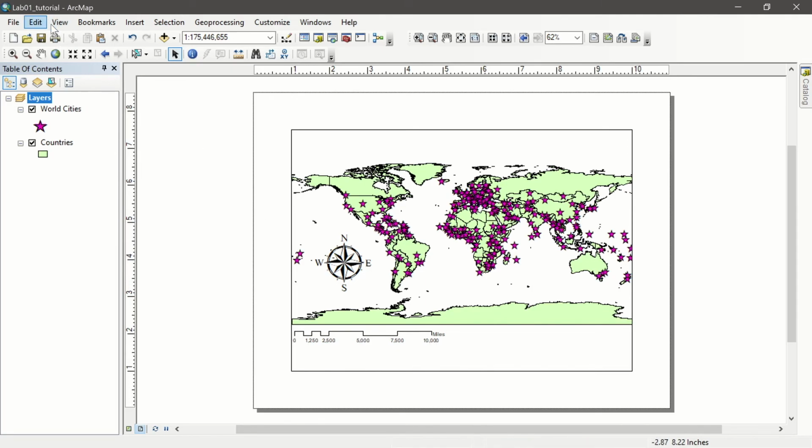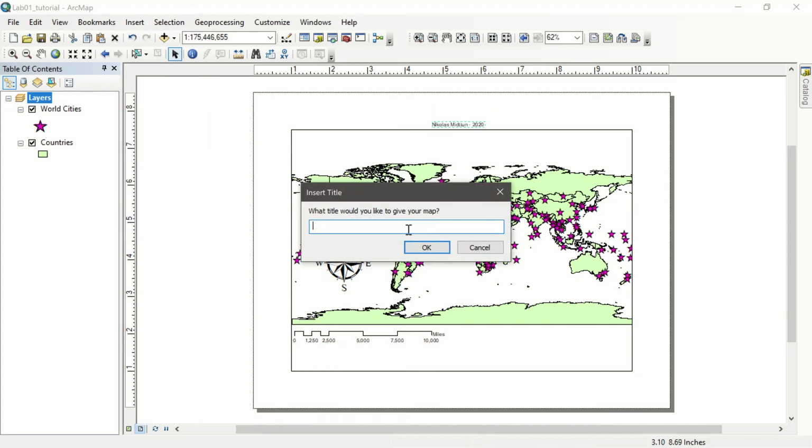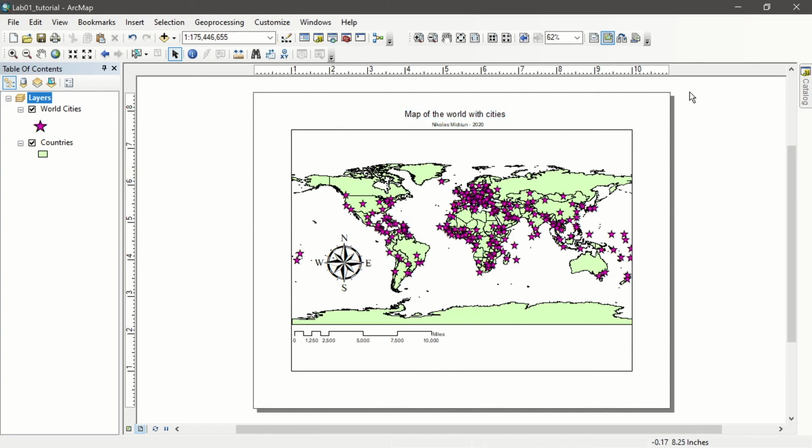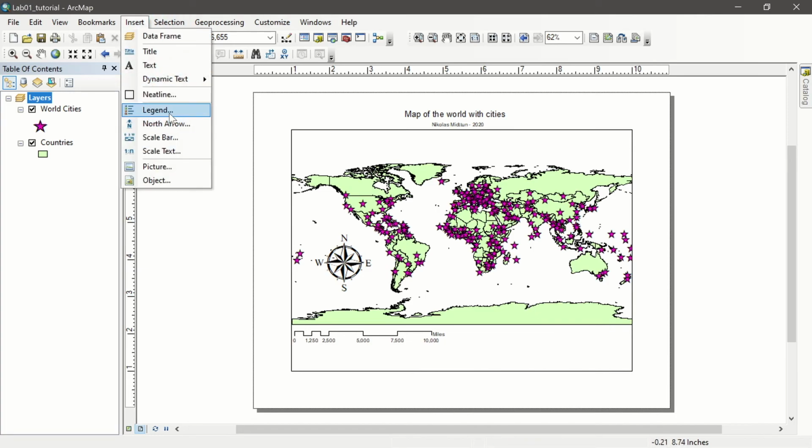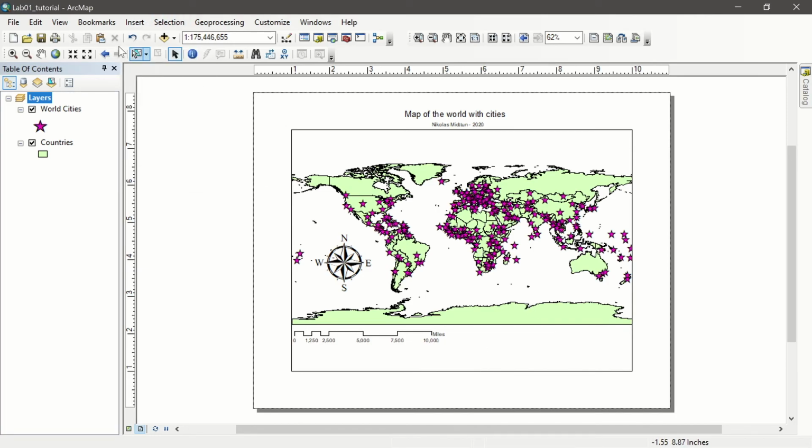And we also will add some text. And I'll make this my name, the year, and a title. Map of the world with cities. Great, so we've added our elements that we want. You might want to add some more, including a legend. That's really key. But if you're ready to export your map,